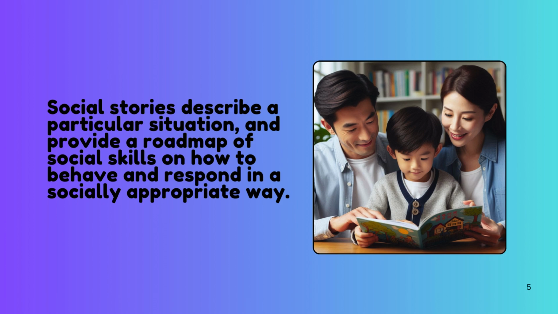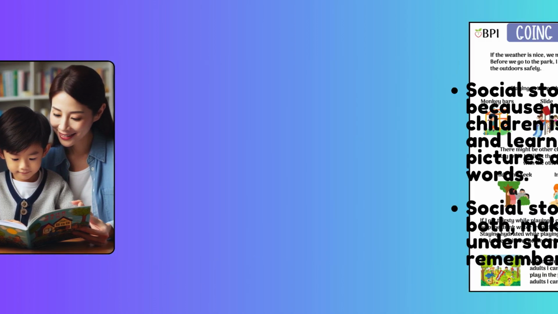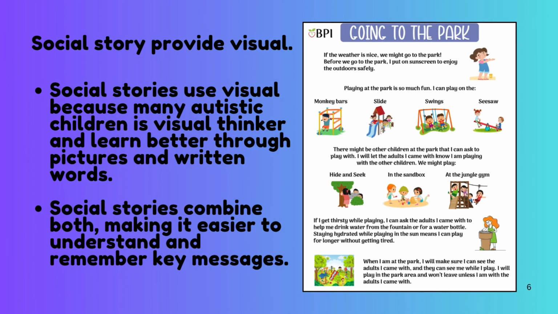So in our sources, they also talk about the importance of visuals, especially for kids with autism. Why is that? Well, this is because many autistic children are visual thinkers. So they process information much more effectively through images than through words alone. So by incorporating illustrations, photos, even real-life objects into the story, we can significantly enhance their understanding and their ability to remember that information. So it's not just making it prettier or anything like that. It's actually tapping into a different way of learning.